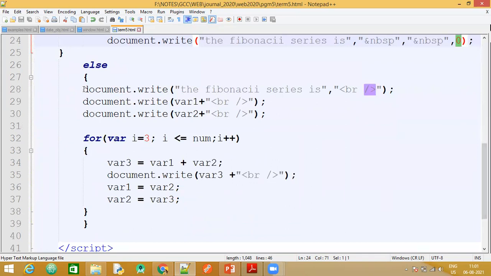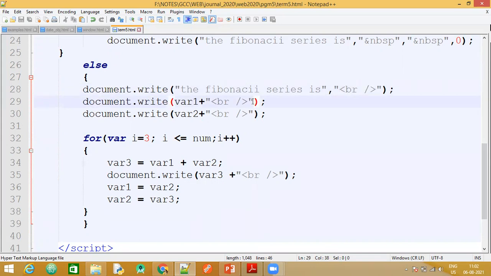So here in the else part, we can see that again we have written "The Fibonacci series is", comma, and again in double quotes a \n, that is a BR tag for a new line. So you can observe here another way of writing the BR tag. We can also write it like this, or we can just include the BR without the slash. Even the slash can come before the BR. So there are multiple ways in which the BR tag can be written.